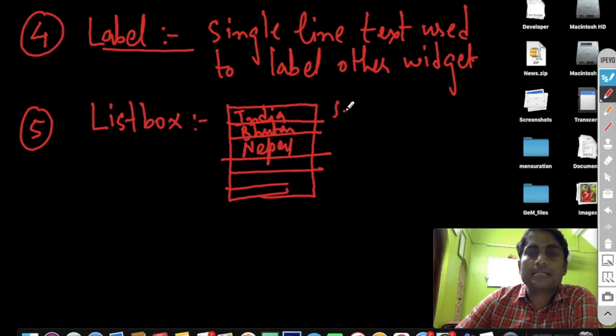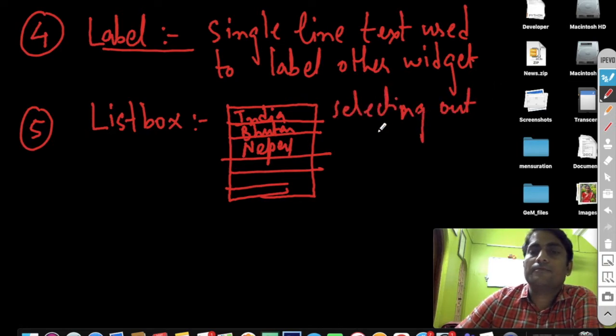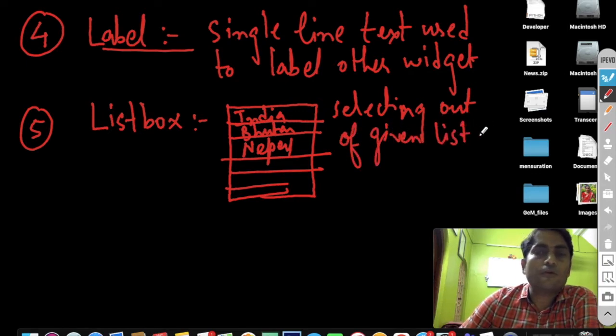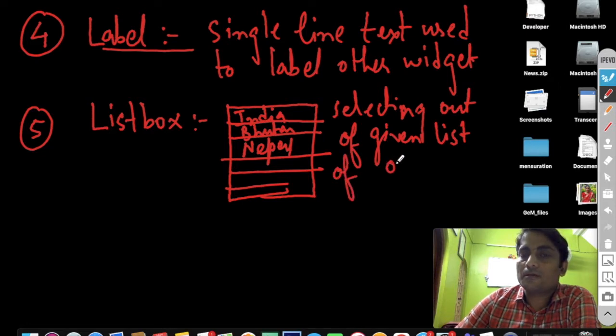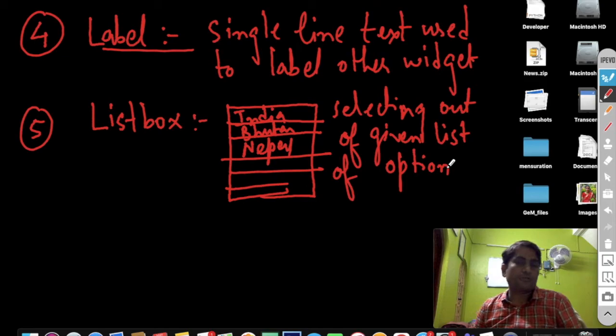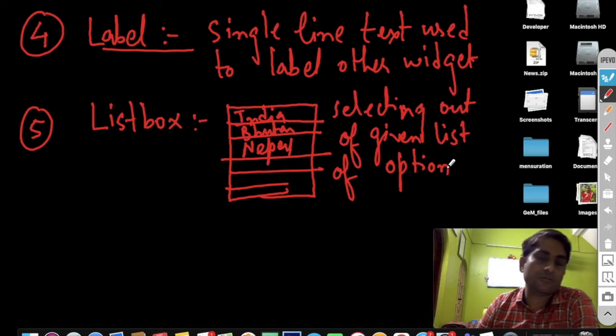So selecting out of a given list of options. If you want to put this type of applicability in your program, then you can just use the list box control.